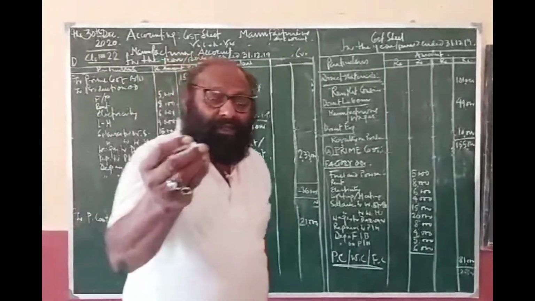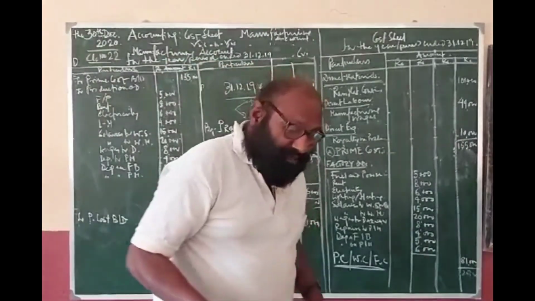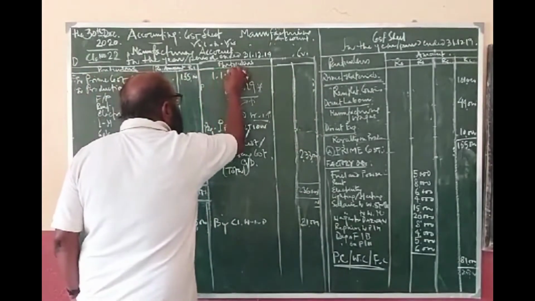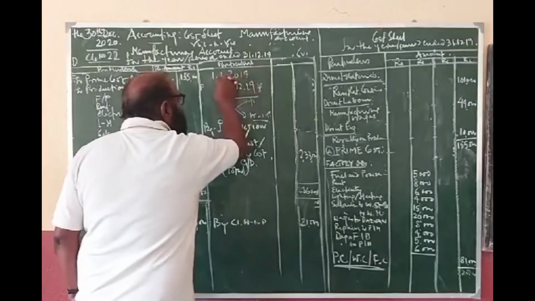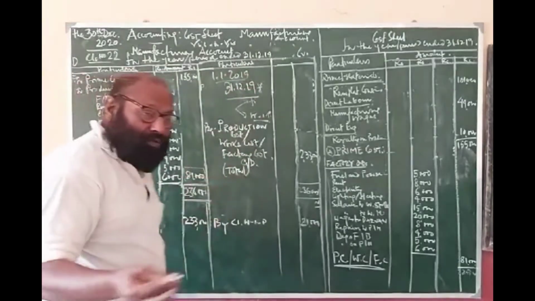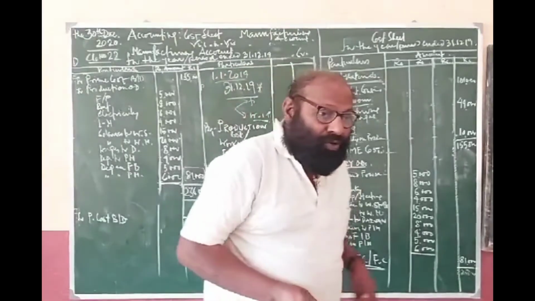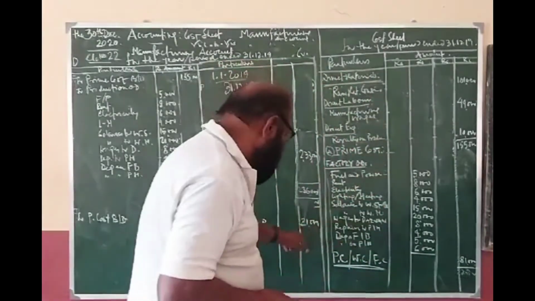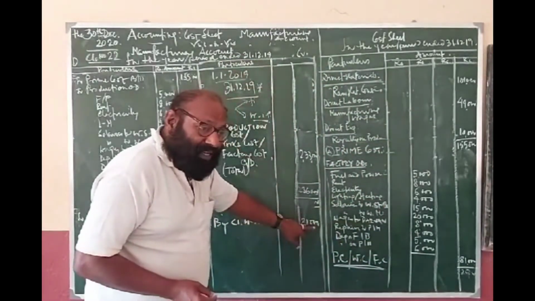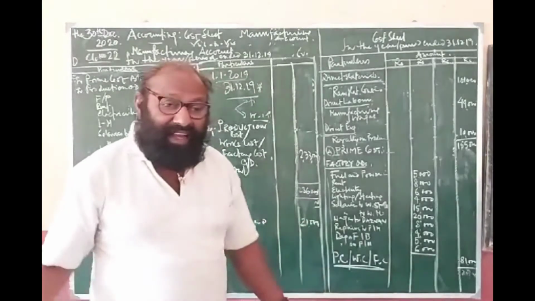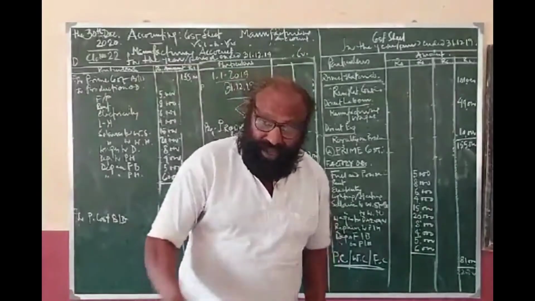The opening finished goods, that is the finished goods which were in our hand on 1/1/2019. We might have carried some work on it. That is why that is closed. So some part, this 21,000, is the closing work in progress this year, and this amount will be added in the coming year.